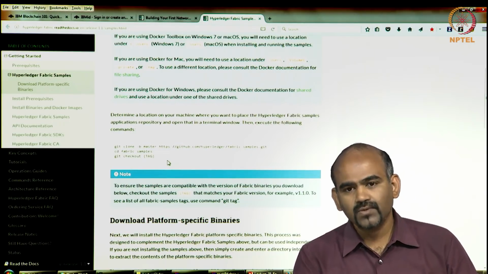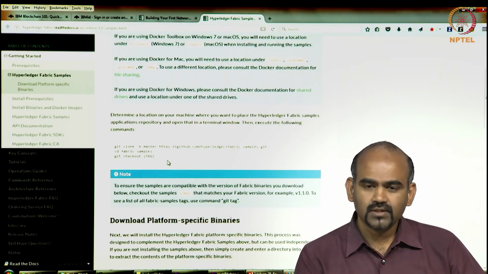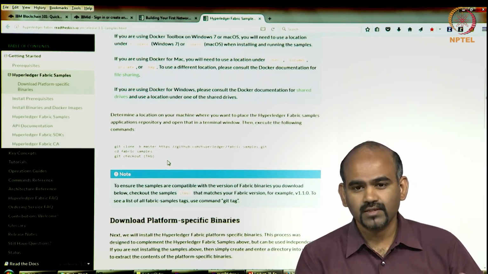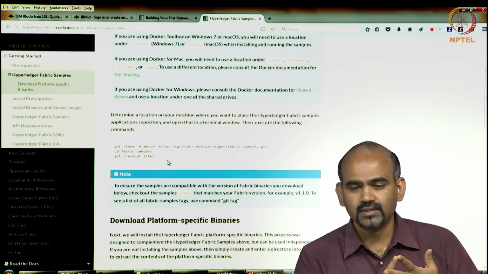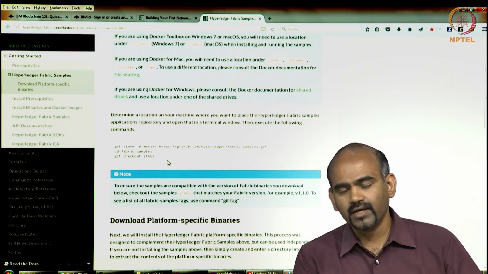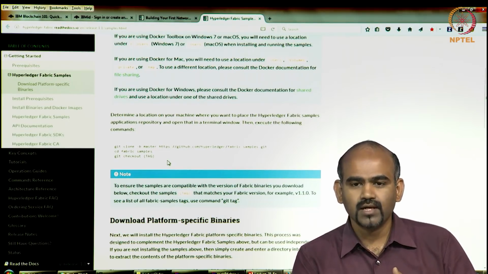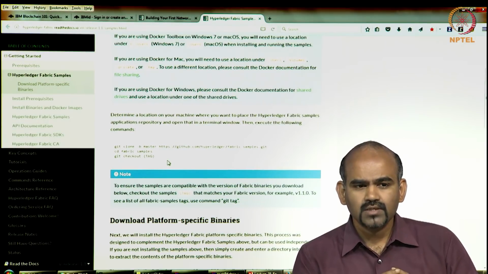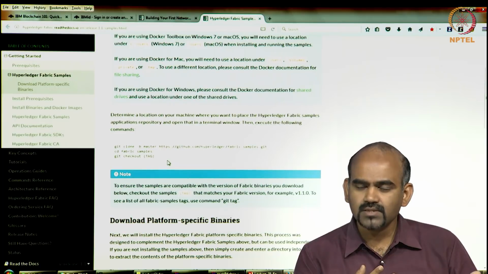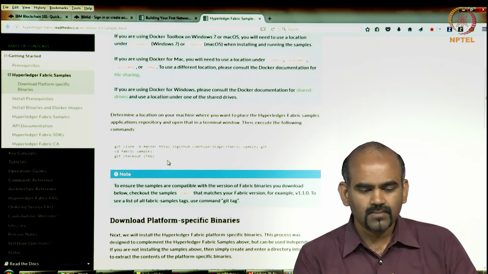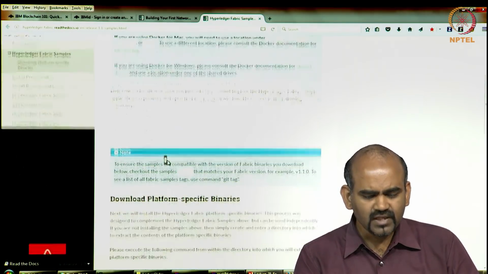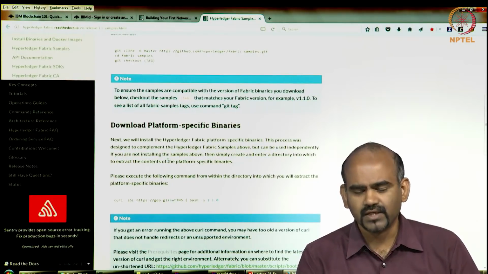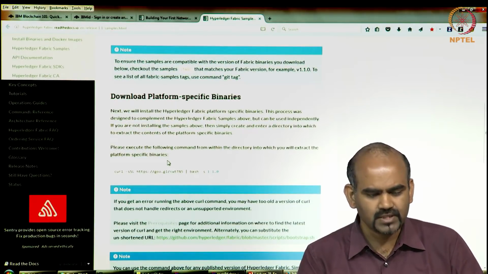What it'll do is pick up a lot of Docker containers in the background. It'll get the peer container, the orderer container, the CA container. It'll get all of those Docker images and have that set up in your VM. For me, it took about 10 minutes for this to run, but for you it depends on your network, so it might be plus or minus a few minutes.